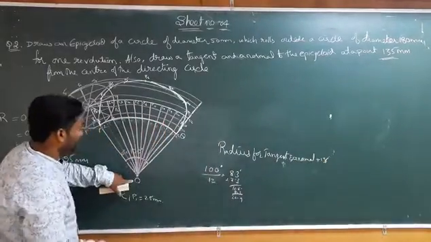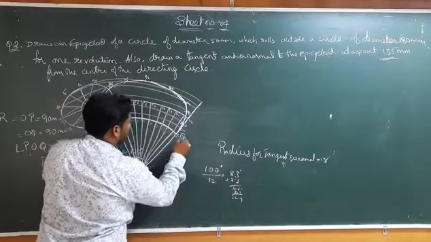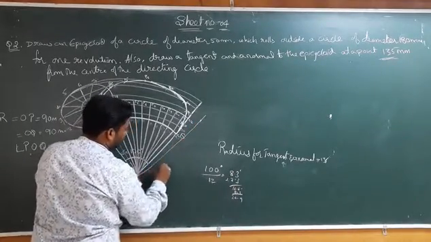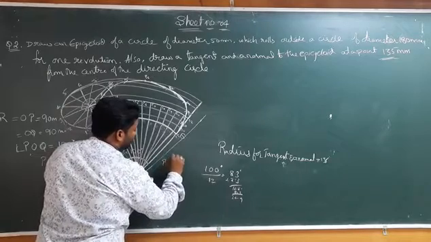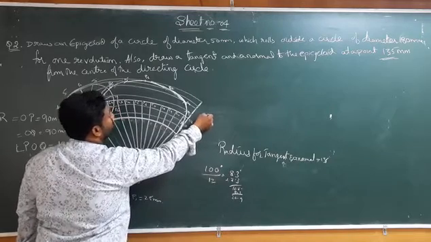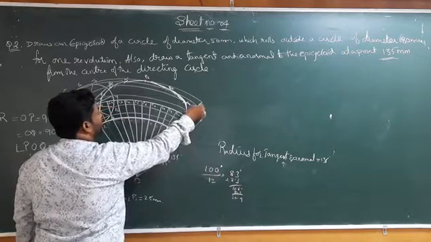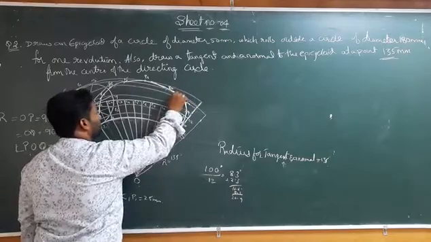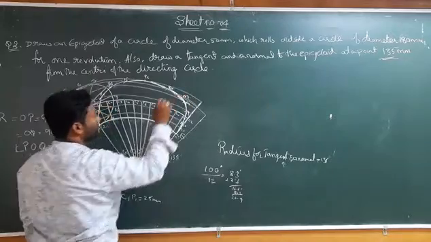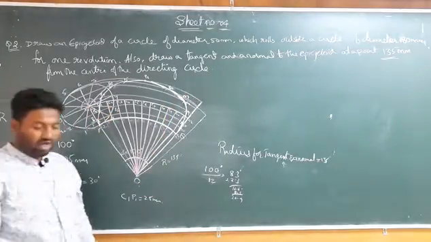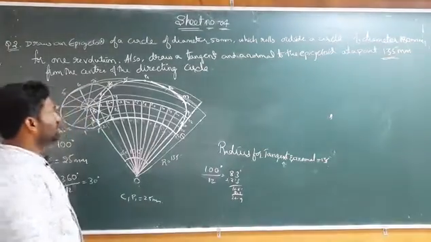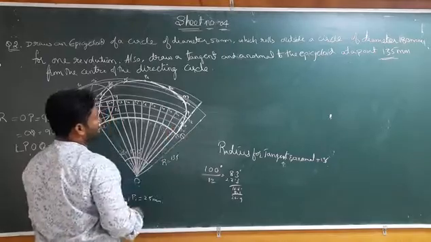So from O, I will draw a line. I will draw another line from this one, whose radius R is equal to 135 mm approximately. Suppose here. Now what I will do means, I will draw the arc up to here, and wherever this arc cuts the epicycloid, that point becomes M for me. That is nothing but the point where I have to draw a normal and a tangent on that epicycloid curve. So I have marked this point as M.